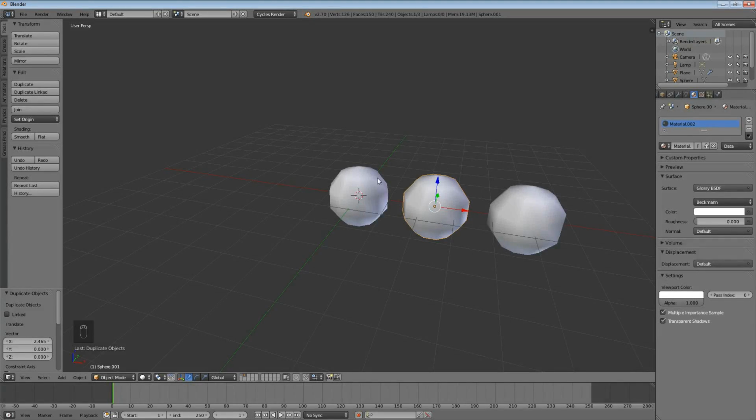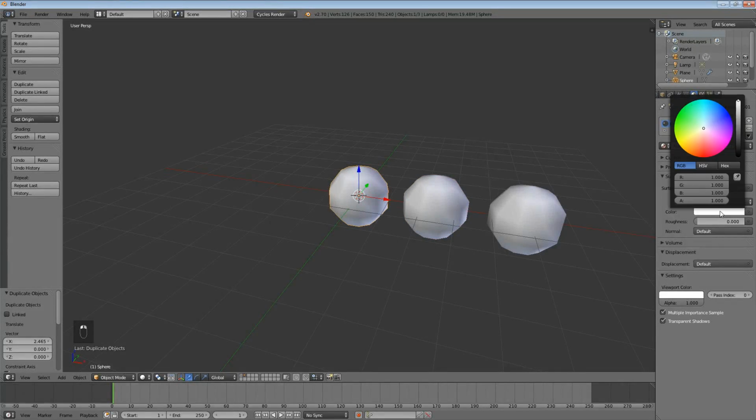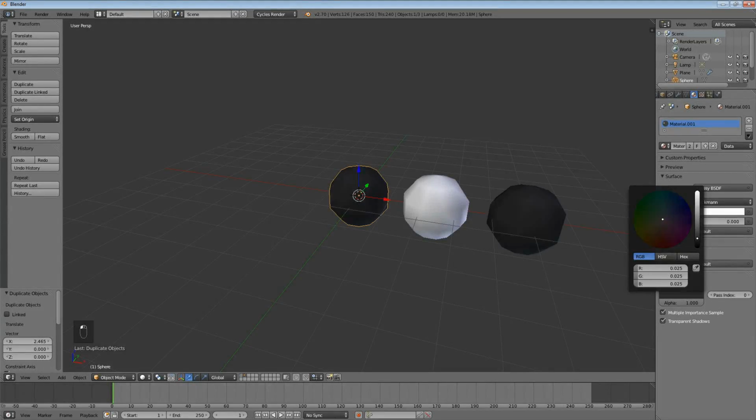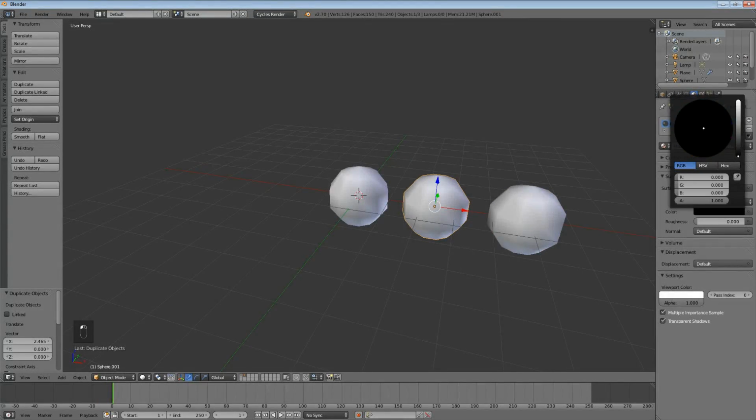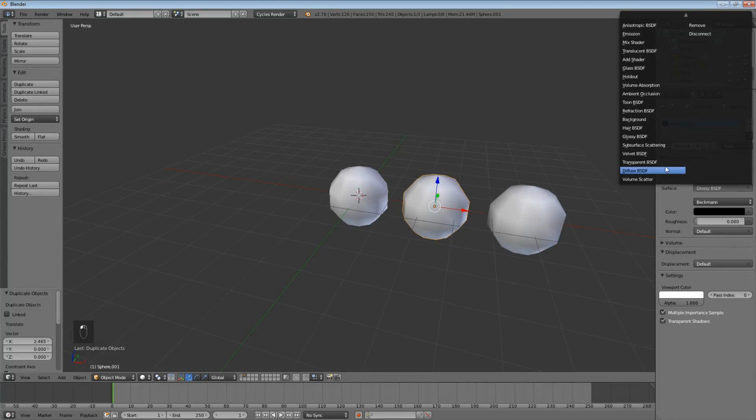If we didn't hit that, like on this one, if we change this to black, you can't really see that there. Let me change the viewport. It'll change both of them. So we'll have to do the same with that one. Now they're all independent. Go ahead, let's make this one black, and we'll make